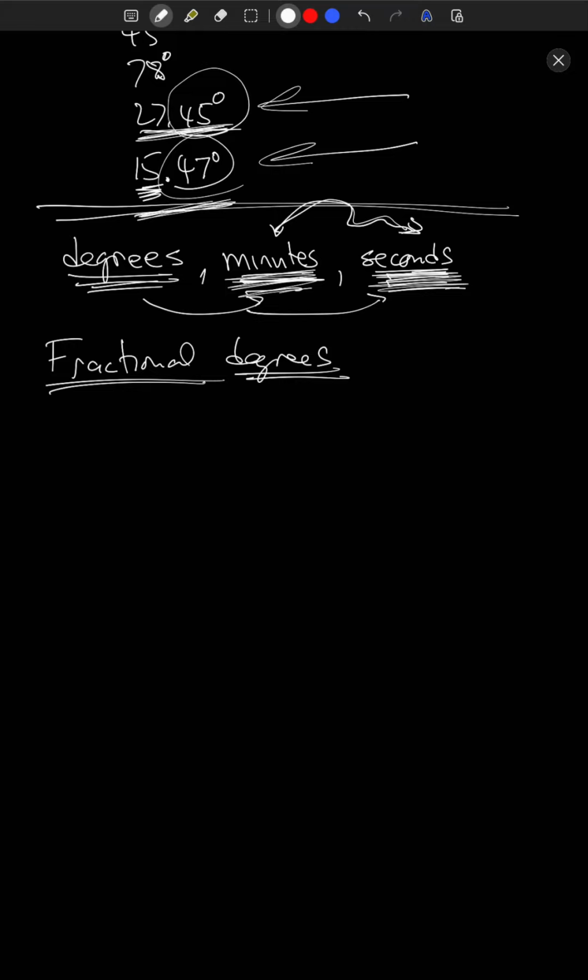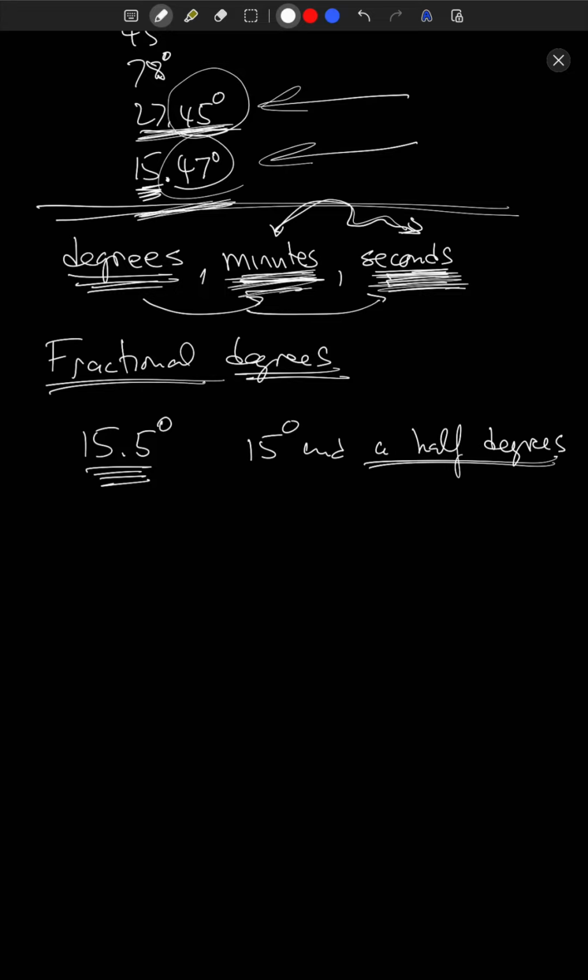Okay. So how does this work? Well, let's start with a simple example. 15.5 degrees. All right. So fractional degrees, 15.5 degrees. So what is this? This is 15 and, let me just write it in words, a half degrees. All right. So what is half a degree? Well, if we want to break down degrees into minutes and seconds,